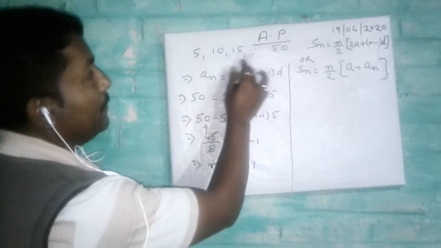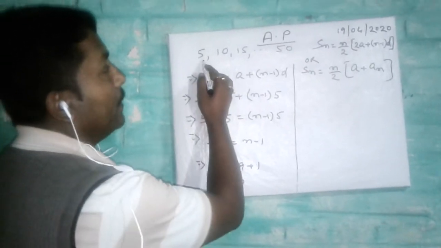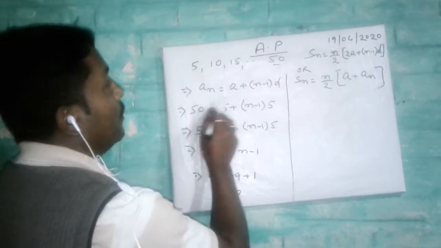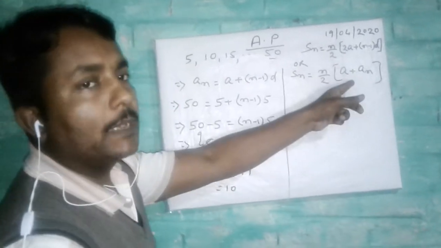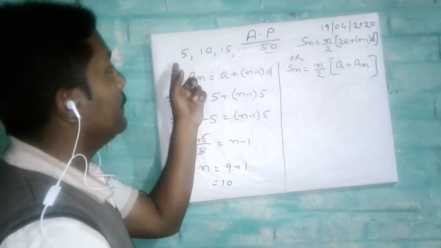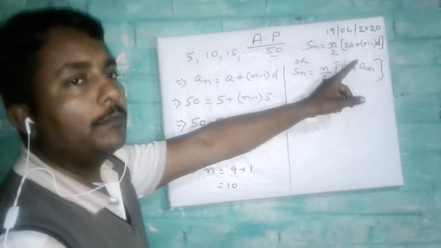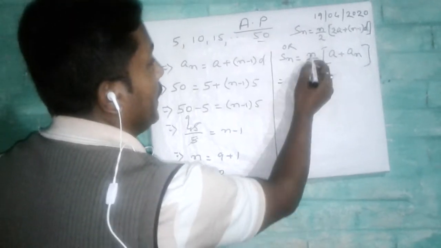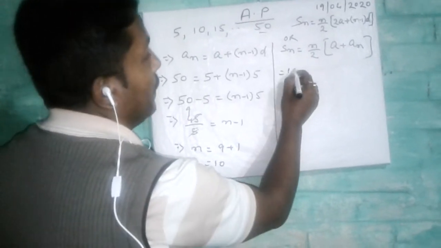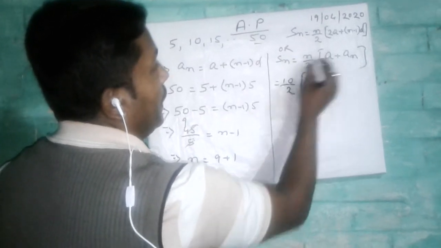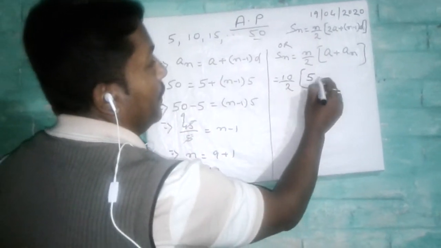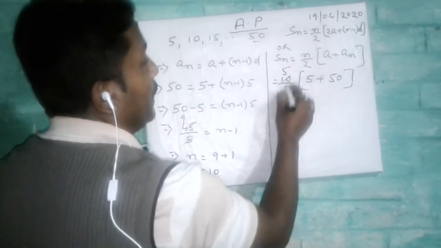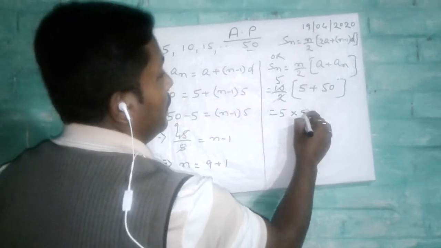So let us solve this sum to find its sum. Here the value of a is what? 5, and here the last term is what? 50. So we can use both the formulas to find the sum, but if the last term, the first term and n are known, then this will be convenient to solve, because it will take less time. So let us use this formula only. What is the value of n here? 10 by 2. What is our value of a? 5, and l is what? 50. So very simple, we will get the value of Sn.